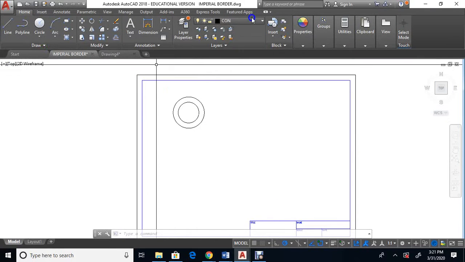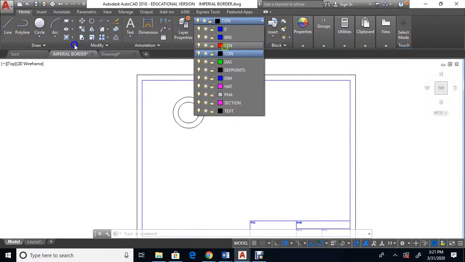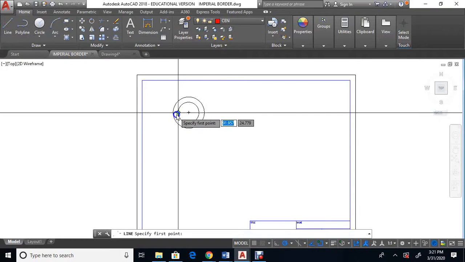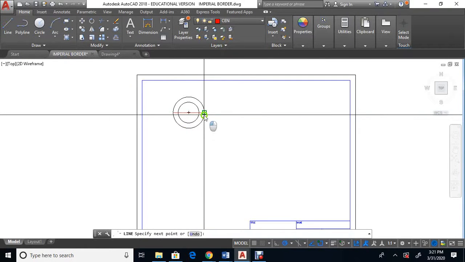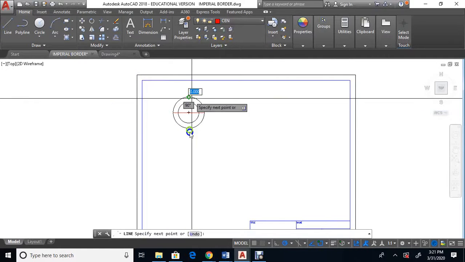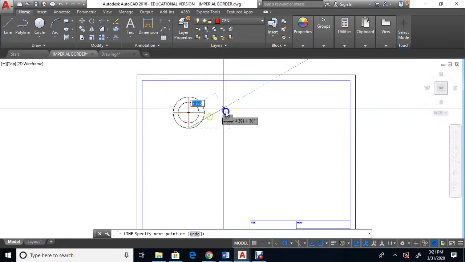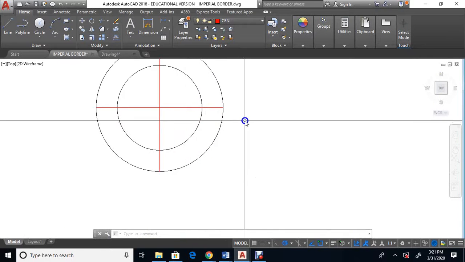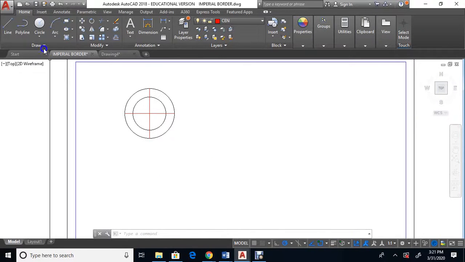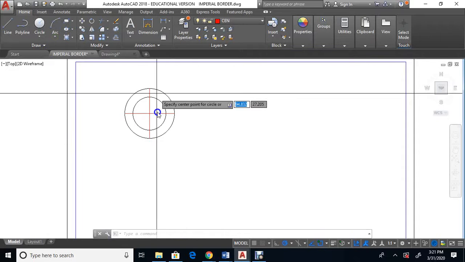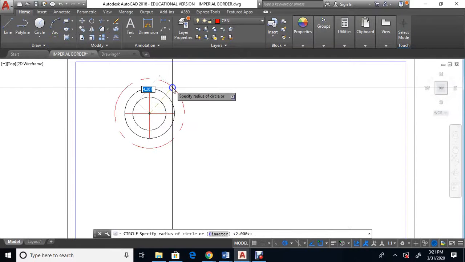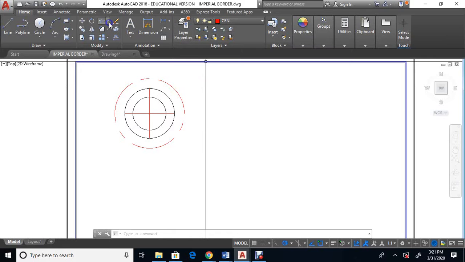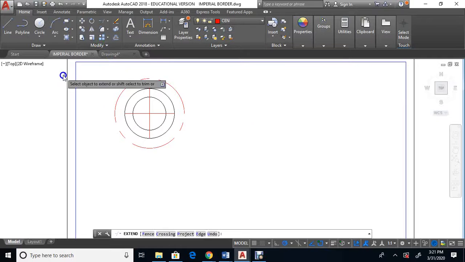Now I'm going to draw my center lines for that. So I'll go to the center lines. And I can just go to the quadrant, and then quadrant to quadrant. Now, if I look at these center lines, they should not touch the outside. So what I'm going to do is draw a dummy circle. I'm going to draw a little bit bigger circle from here to here. And then I'm going to use the extend command here. Okay, and I'll hit enter, and I'll extend all these lines to there,